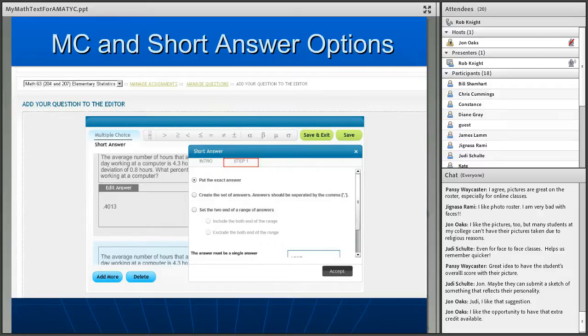So, you could say, what are the counting numbers up to 5? And the answer is 1, 2, 3, 4, 5. And if they leave out one of those answers, then the appropriate percentage is deducted from the grade for that answer. You can also set a range of values for that answer, including or excluding both ends of the range,